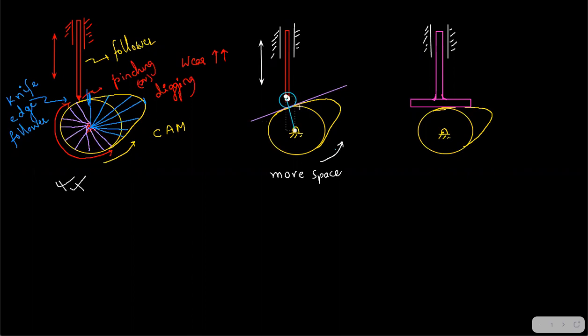It is at some inclination. Don't think that this center and that center are in the same line. It is at some inclination. So now this is the common normal, right? This is the common normal. So along the common normal, the velocity should be the same. Only then the motion is transmitted.